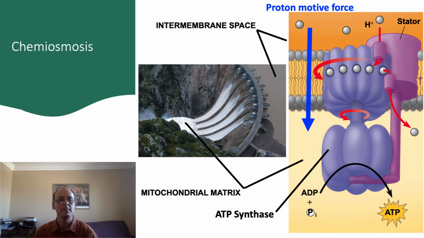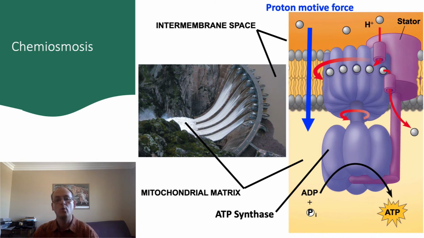because of the dam. The protons can't travel directly through the membrane because the inside of the membrane is highly hydrophobic and ions are very hydrophilic. However, there is a way for the protons to get back through the membrane. This is through a molecule called ATP synthase, which, like its name suggests, synthesizes ATP. ATP synthase is very much like the turbines in a hydroelectric dam.